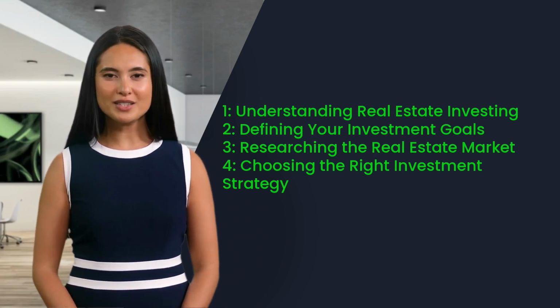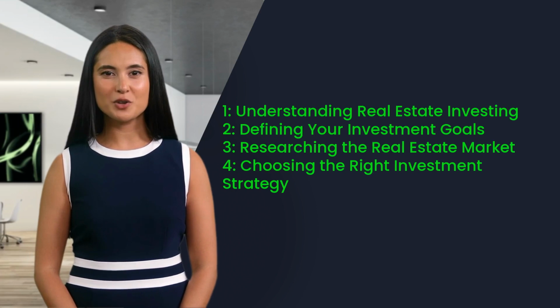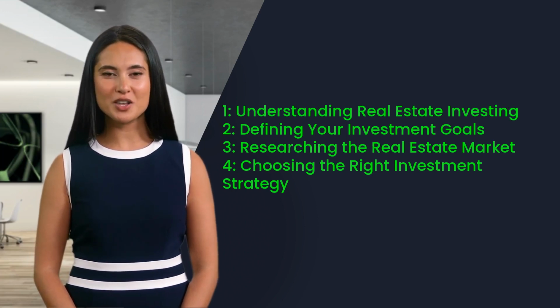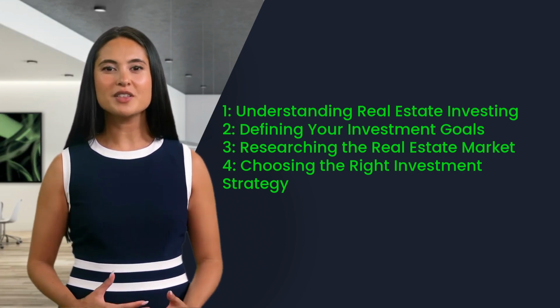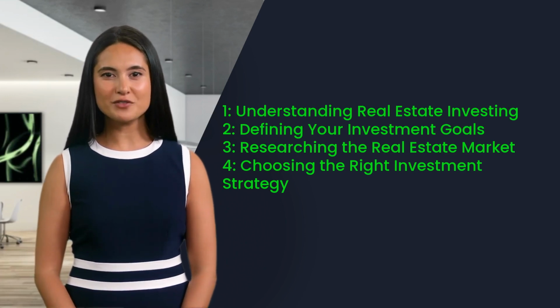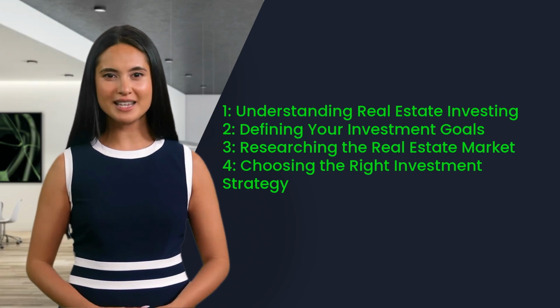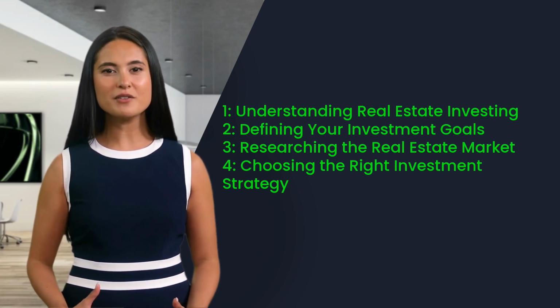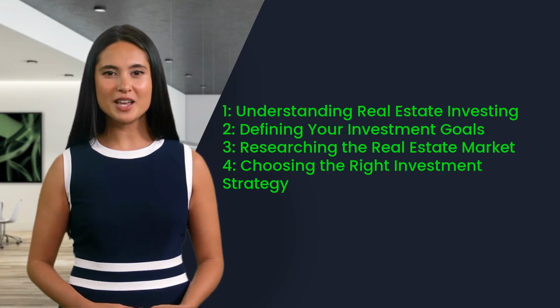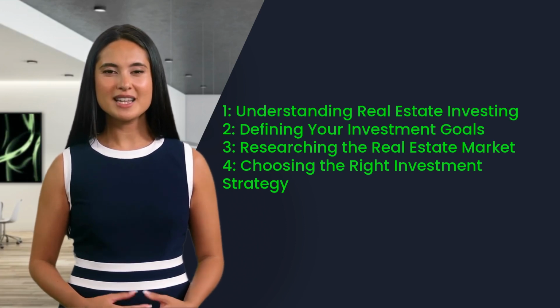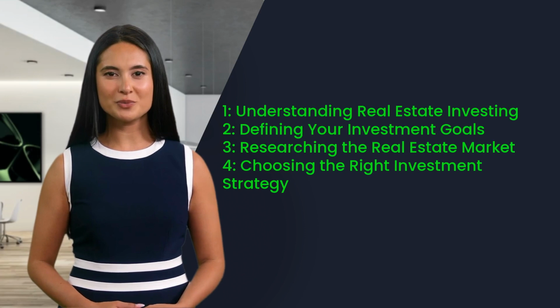One common real estate investment strategy is buy and hold. This strategy involves purchasing a property and holding onto it for an extended period, typically with the goal of generating long-term capital appreciation. Another strategy is fix and flip, which involves purchasing a property, making improvements, and then selling it for a profit. Finally, rental properties involve purchasing a property and renting it out to tenants, generating steady income in the form of rental payments.